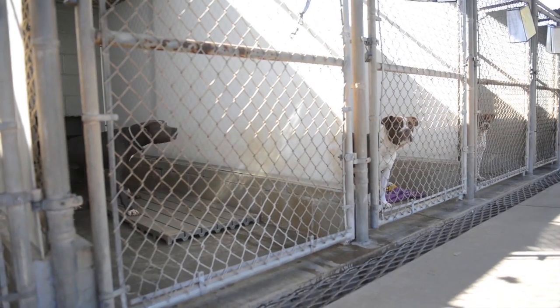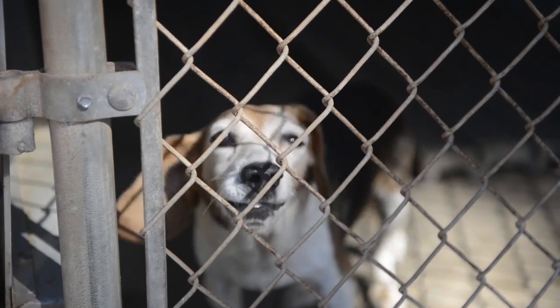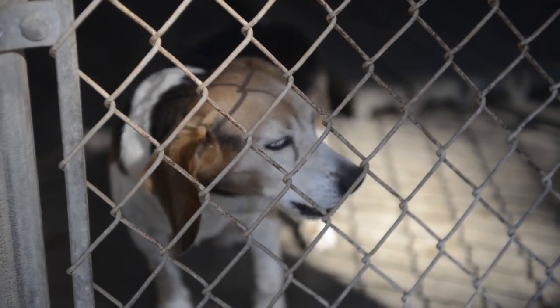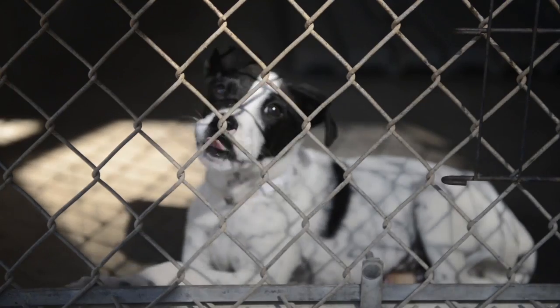Currently, animals that are quarantined, whether because they've bitten somebody, they have to be rabies quarantined, or they're quarantined for severe behavioral or health problems, they're all currently in the existing 30 kennels. We have some physical protections there, but there's really no separation between them and the rest of the dogs that are available for adoption. So these 5 separate kennels, which will be in a different location and away from the public, will allow us to really separate those dogs out, and that way it'll free up the kennels in the current kennels area for dogs that will be available for adoption, so it'll actually add us a little bit of